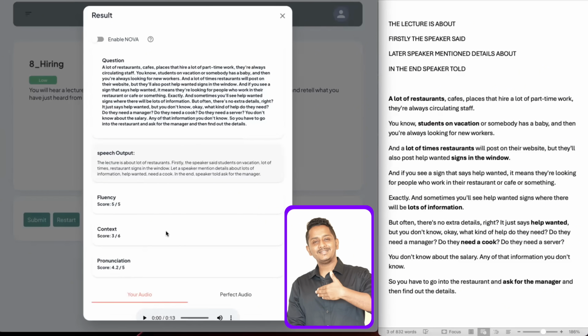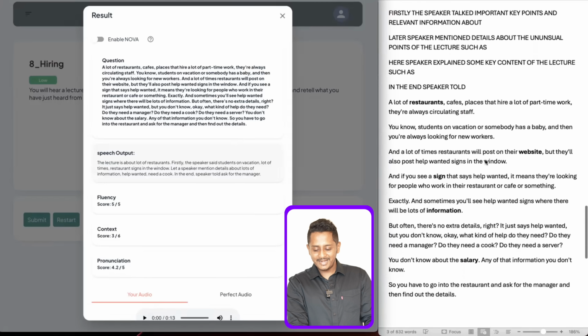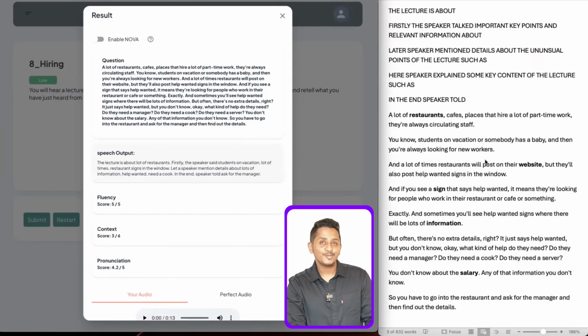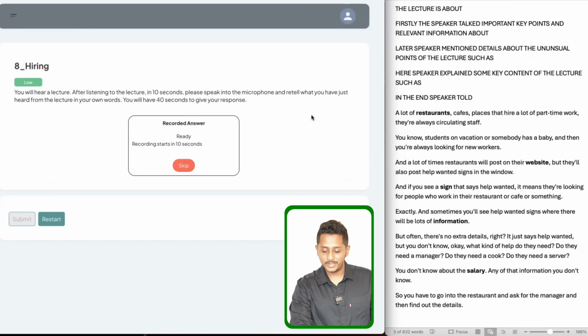For that, you need to either speak something on your own, a lot of content, or whatever the first method that I showed, copy paste some 4 sentences, a little lengthy, 8 to 10 words, 1 sentence like that, 4 to 5 sentences. Listening also gives some 12 to 15 marks, speaking also some 15 to 20 marks from 2 questions. Remember this. We will go to the next experiment where I'll speak just 5 keywords with my template and show what marks you get. Let's restart. Alright, I'm just skipping it.